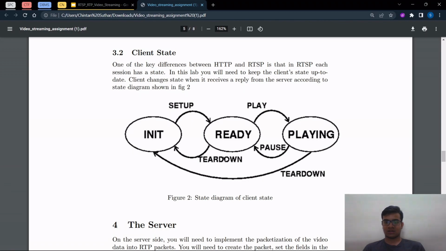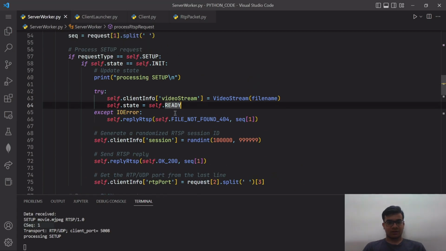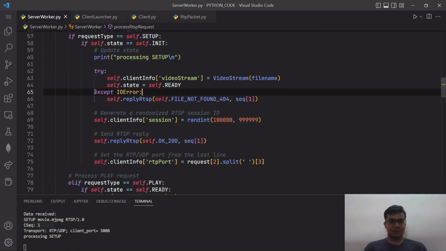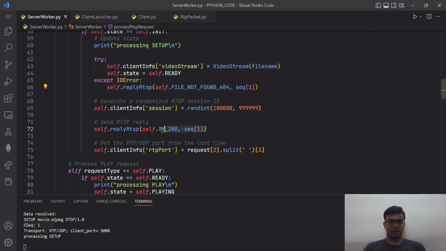You can see these different state transitions. After that the server will respond to that setup request. Here you can see the server is responding to that setup request,